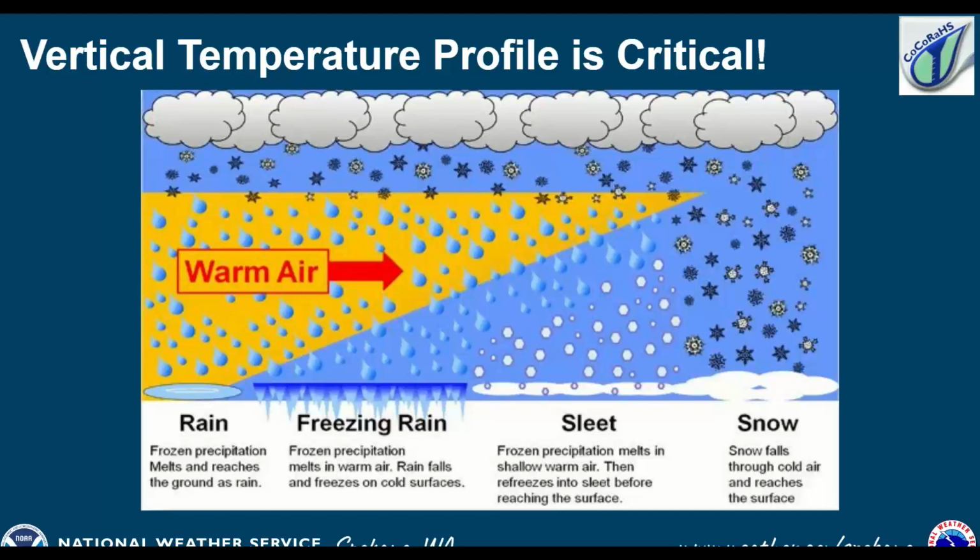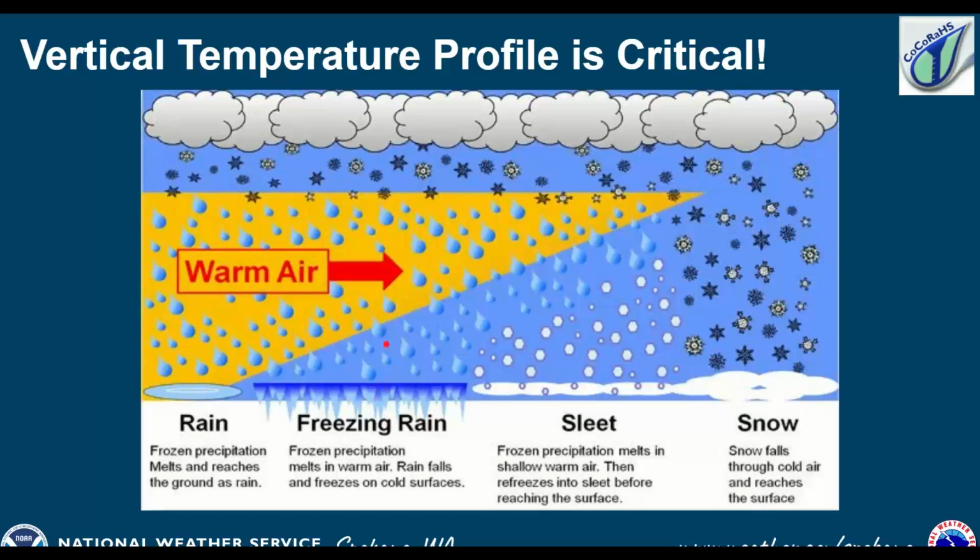So where we have the cloud bases in the wintertime, typically the precipitation is falling as snow. It's already below freezing. But if we get a warm wedge of air that moves in, the thickness of that warm wedge will give us different types of precipitation. With a very thick wedge of warm air all the way down to the ground, that gives us our rain. So we see those snowflakes falling, turning to rain as they move into that warmer air, and then falling as rain. Now, it'll change as that warm wedge of air gets more shallow.